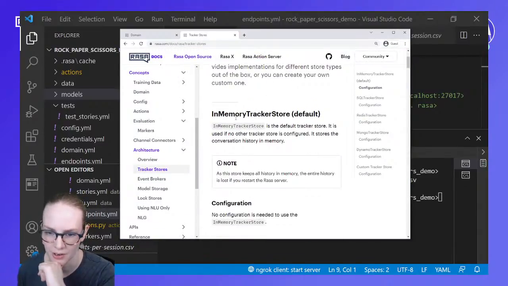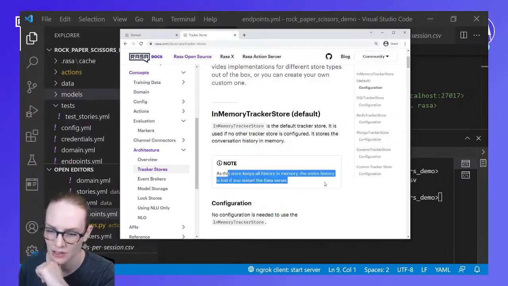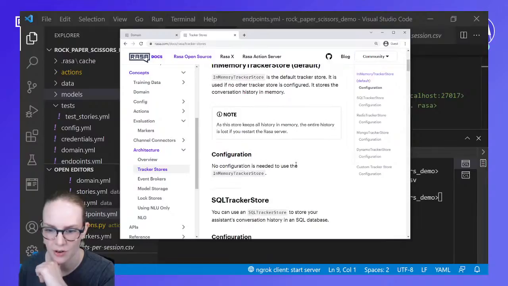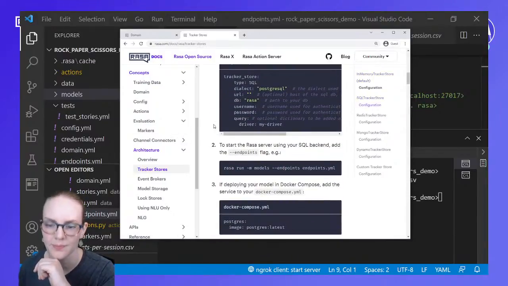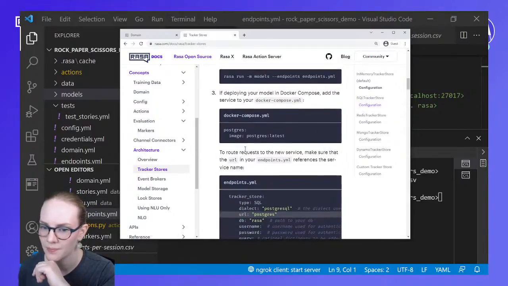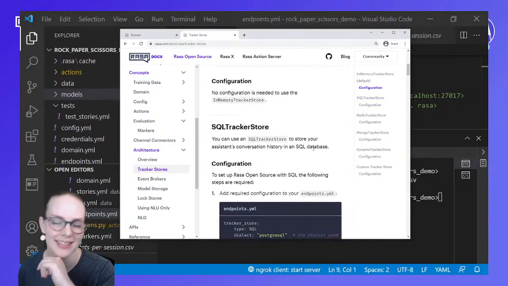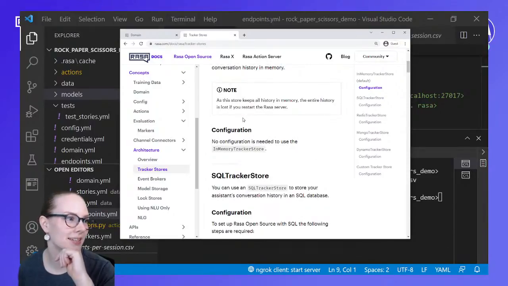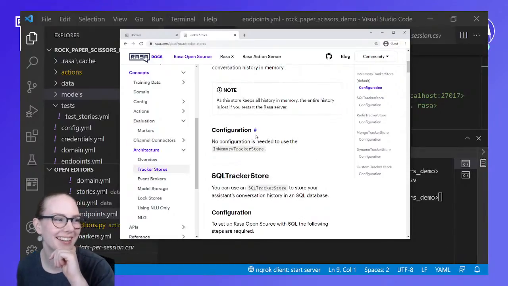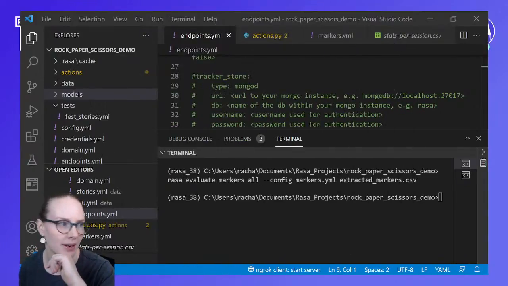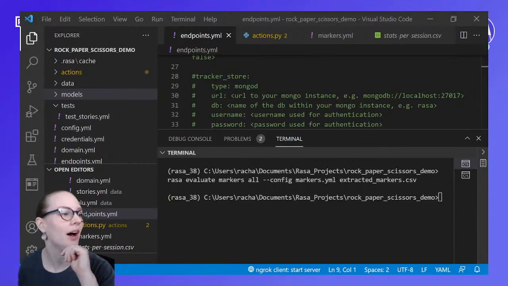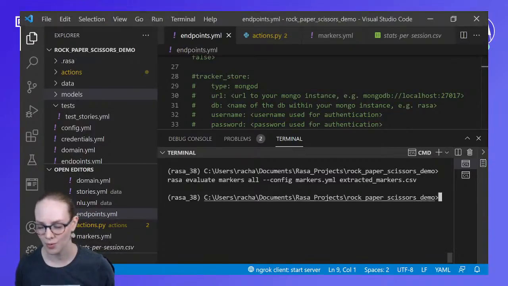In memory tracker store, it is used if no tracker store is configured. It stores the conversation's history in memory. The entire history is lost if you restart the Rasa server. No configuration is needed to use it. Yes, all right. I think I know what my issue is. So I believe what happened is that I need to open a third terminal for this to actually work, because when I stopped my shell, I also killed the Sanic server, and with it, all of my memories of all of the conversations. So let's try this one more time